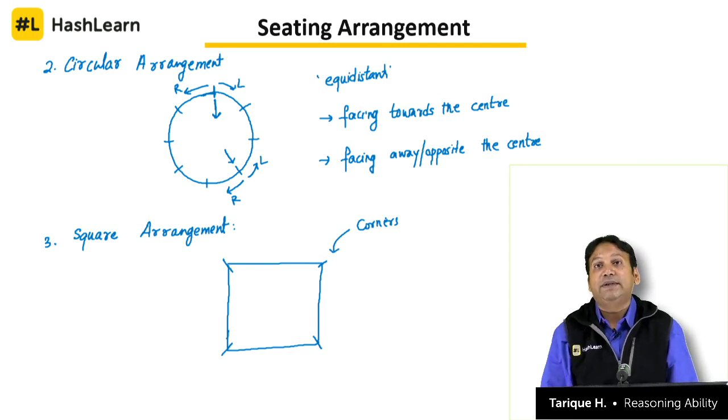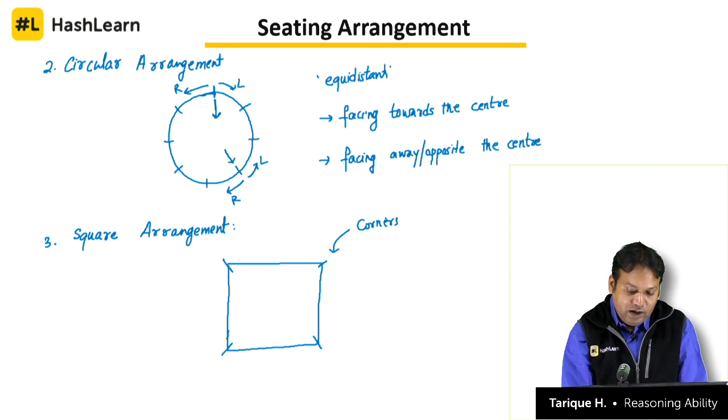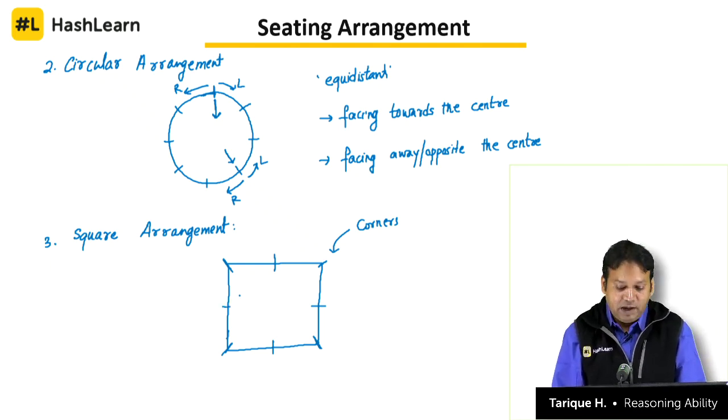Clear? Or the vertices, you can say. Usually they use the word corners in the question. So there are 4 vertices, 4 corners. The 4 persons are at the corners and 4 are at the center of each side. 4 are at the middle of each of these sides. So total 8 positions, and additionally what will happen, they will mention that something like the ones at the corner